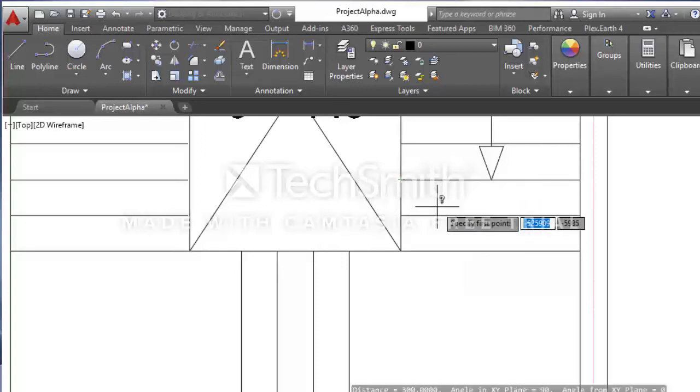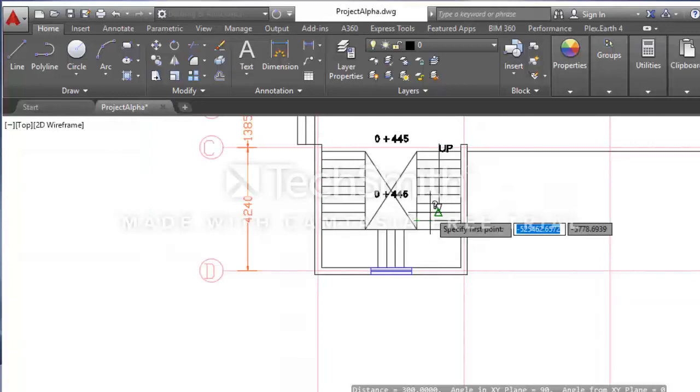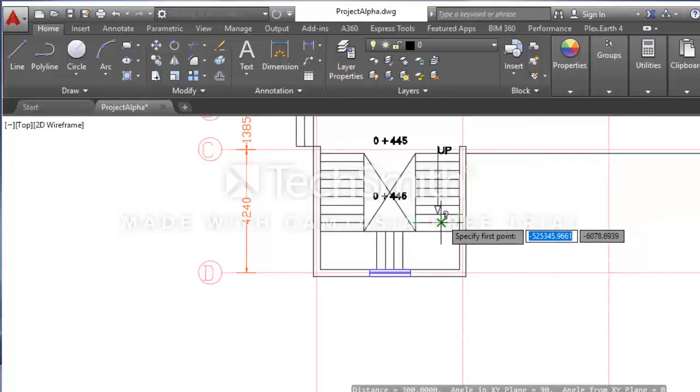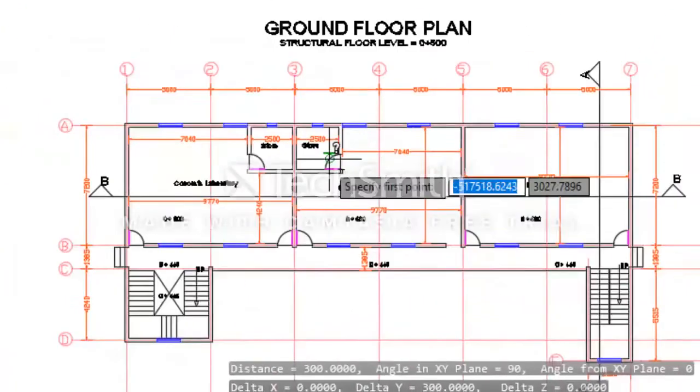So the summary of this tutorial, what you should learn from this tutorial: I've taught you how to calculate the height of riser for the staircase and also the proposed tread width as specified by the architect on the drawing.